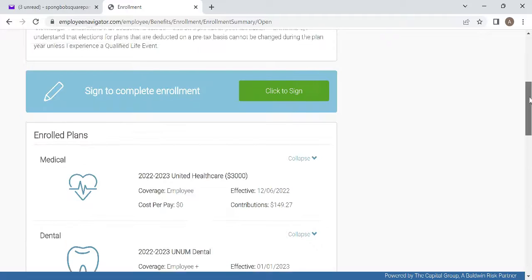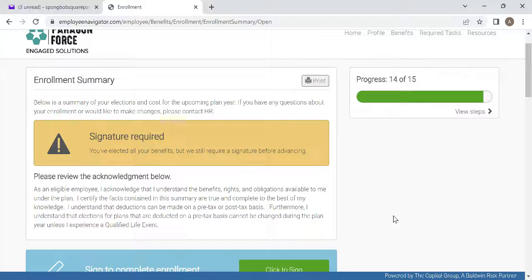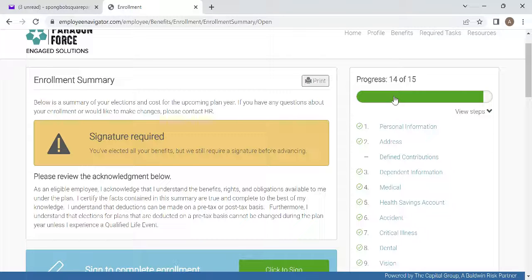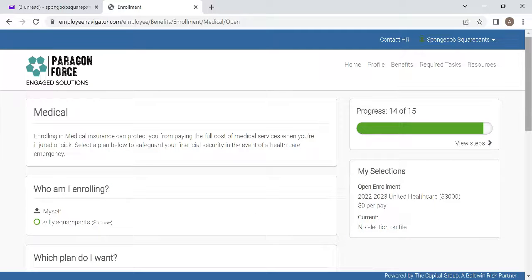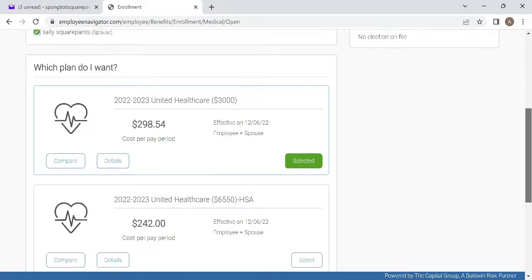And then I'm going to scroll back up and click to sign. Now, if you want to make any changes, if you want to go back to another plan, you can click on the little green, go down to medical if that's where you're wanting to go. Say you wanted to change, you want to add your spouse now. You can see that the total changed,